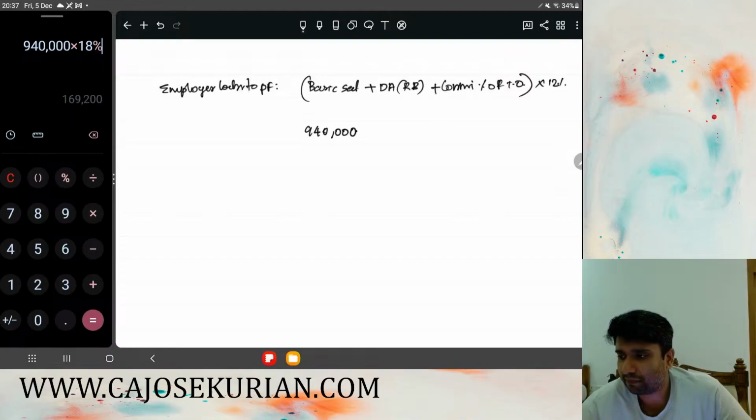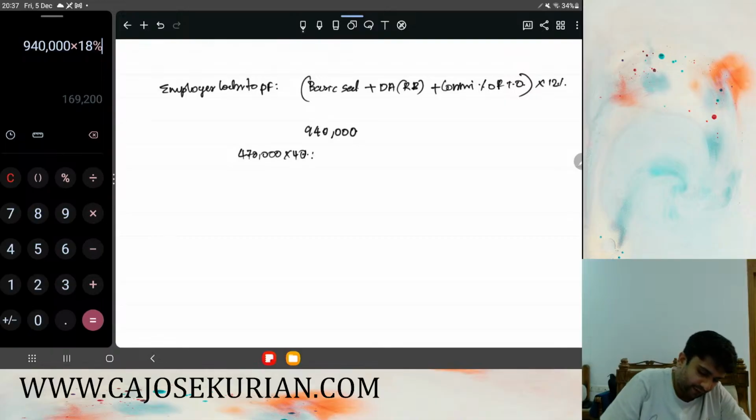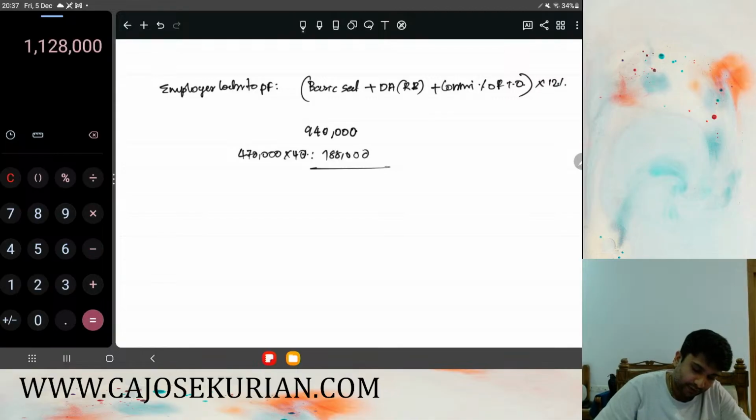So total DA is 4 lakh 70,000. Out of that, 40% forms part of the retirement benefit. So 4 lakh 70,000 into 40 percentage will be 1 lakh 88,000, plus 9,40,000 will be around